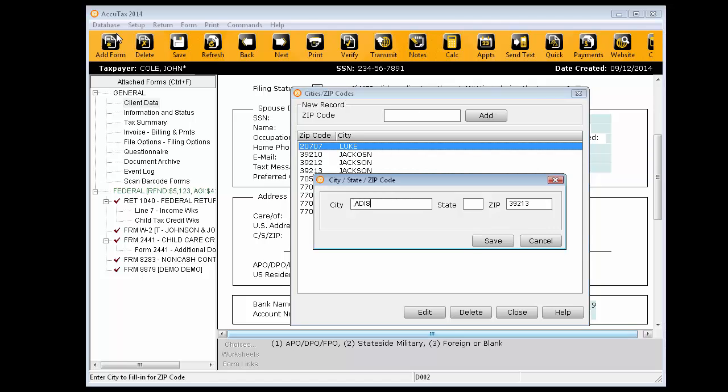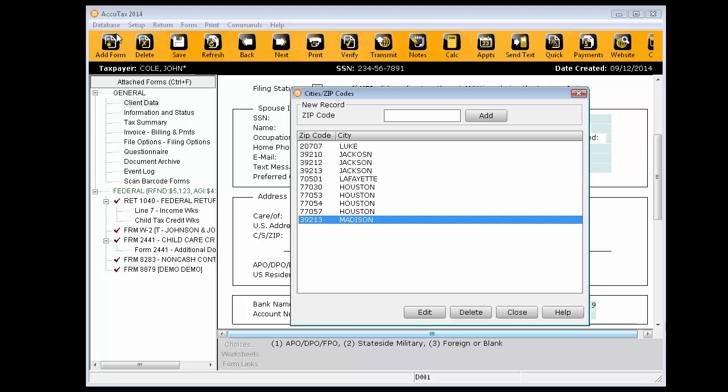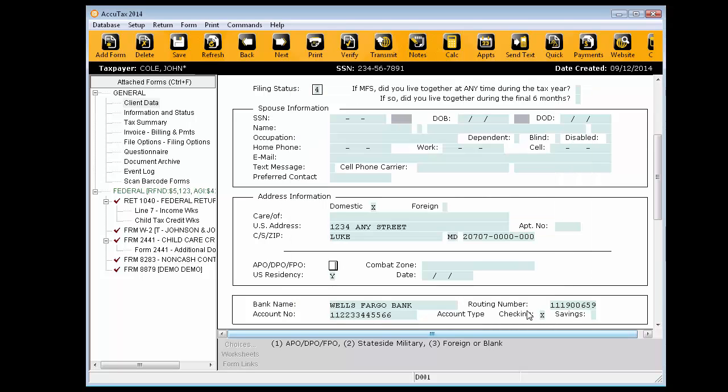In some cases, you may have to add or edit the city, state, and zip code database because the data was entered incorrectly when creating a tax return, or there are two cities sharing the same zip codes. For example, if you enter the zip code 20707 on the client data screen in the address section, it will display Laurel, MD versus Luke, MD. To correct the city, state, and zip code you need,